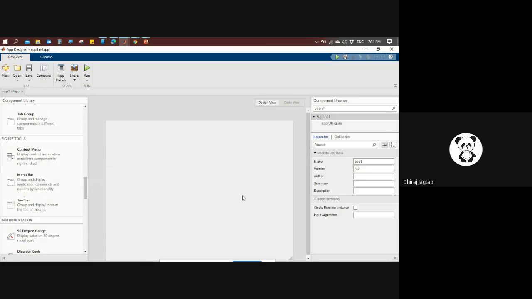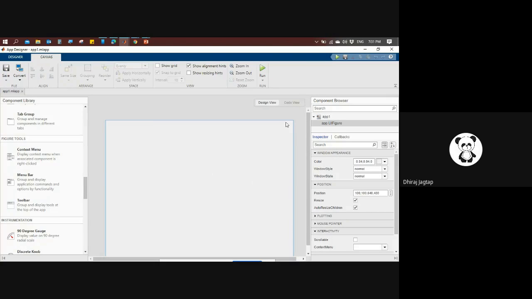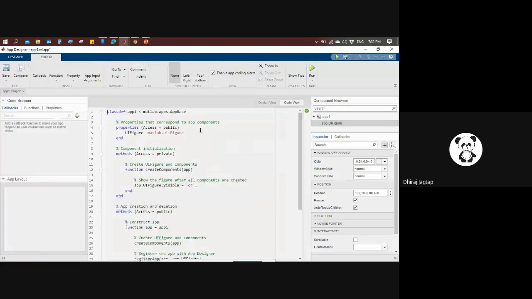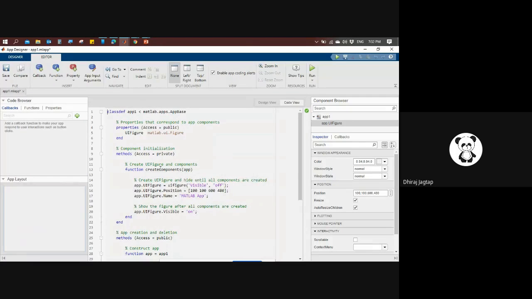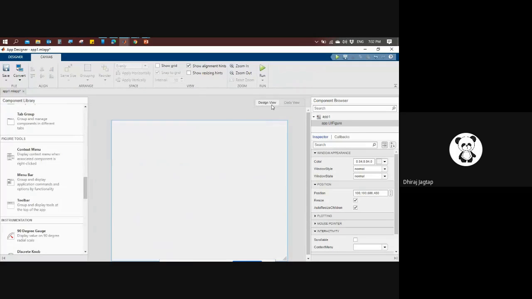This is the canvas of the MATLAB App Designer tool. This is the design view which we can see. We can also zoom it in and out according to our work. If you see the code view, MATLAB already has written code there, so you don't have to modify it. If I go back to the design view, I want to create one